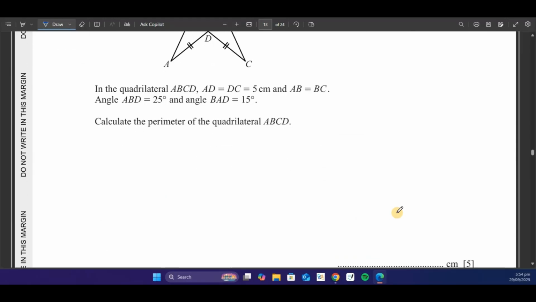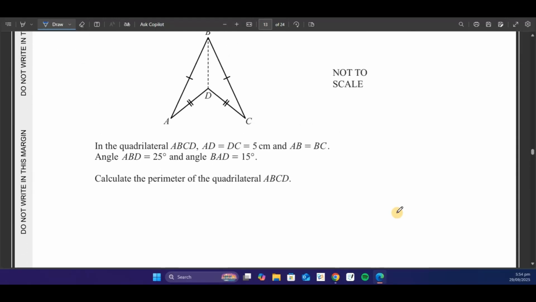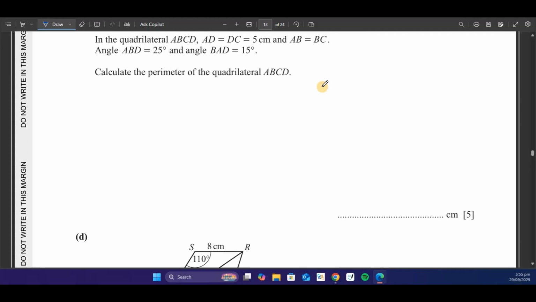Perfect. Part C. In the quadrilateral ABCD, AD is equal to CD is equal to 5 and AB is equal to BC. Angle ABD is 25 degrees and angle BAD is 15 degrees. Okay, so if we label this, we know that this is 25, this is 15, this is 5, this is 5. Okay, calculate the perimeter of the quadrilateral ABCD, sum of all sides. Okay, so that would give us,